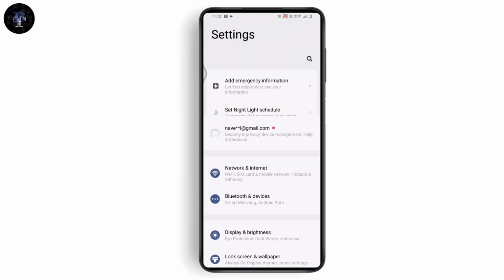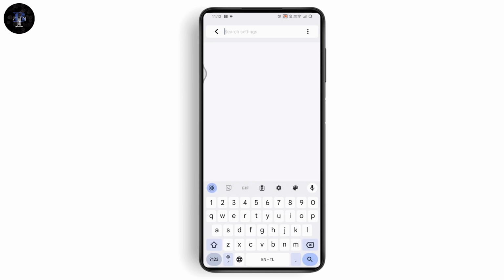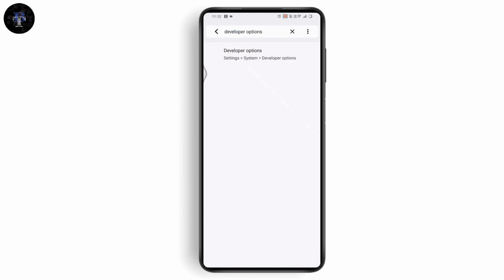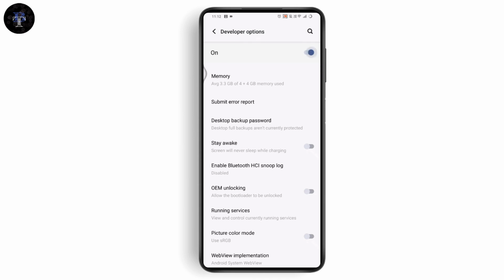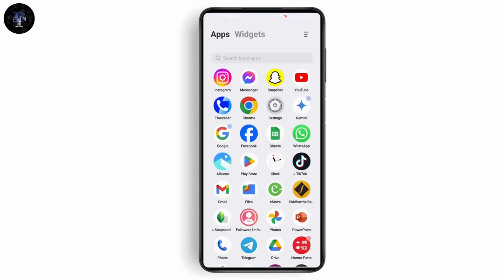And now you need to open up your settings. Under settings, you need to go with the search and search for developer options. Once you search for developer options, here you will have the option, right? Simply tap on it, and then you need to turn off your developer options. Once you turn it off, now you need to remove it from your background, and then you need to try